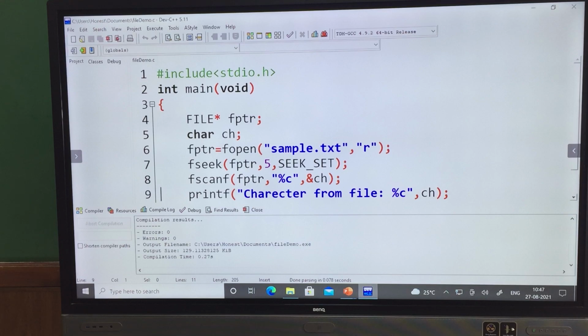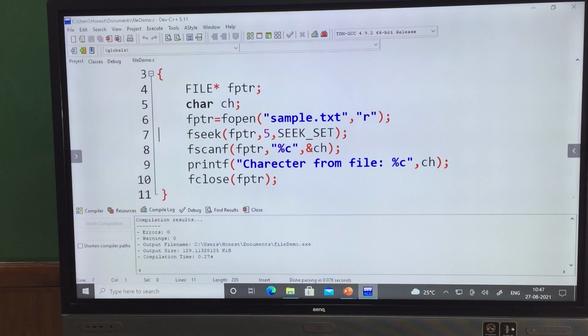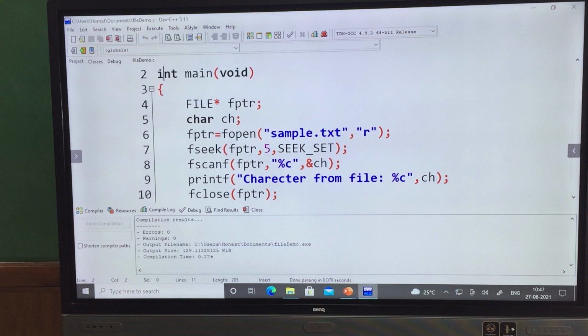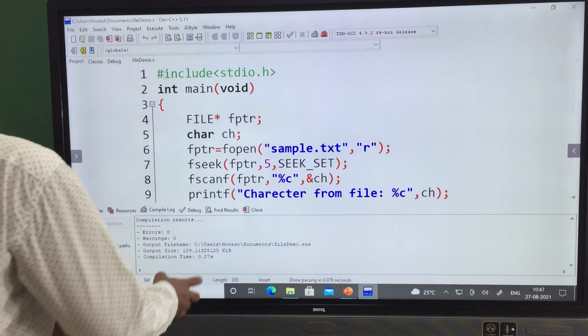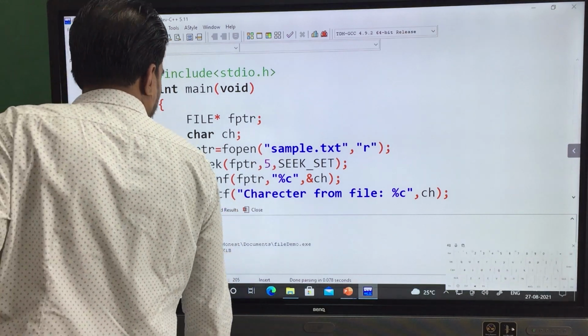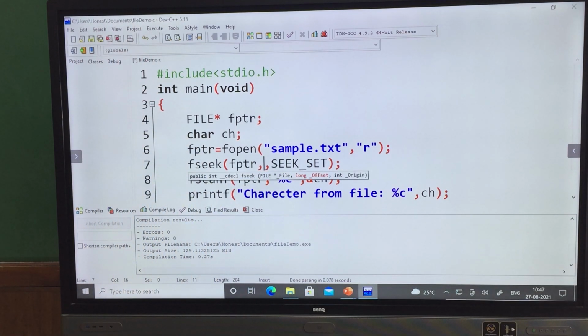Okay, we will go and see the other function, the ftell function. So nothing is wrong with the program. I guess it is something with the compiler only, because when we performed it initially, we got the output, isn't it? I showed you, we read the first value h, and we read the 10th character value, e. Like that we read different values.